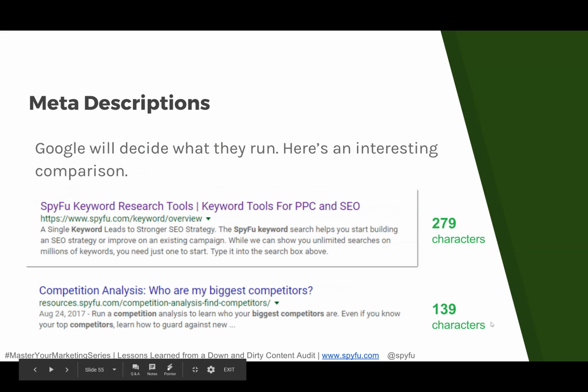The other weird thing that Cedra noticed is that when Google decides not to use your meta description, when they use their own, they give that one three lines. You see that 279 characters, that's a Google generated one. So these are the sort of things that are happening on the SERP, and it's something to take into account. Do you want to have your call to action, or do you want to have more real estate on the SERP? It's kind of like,